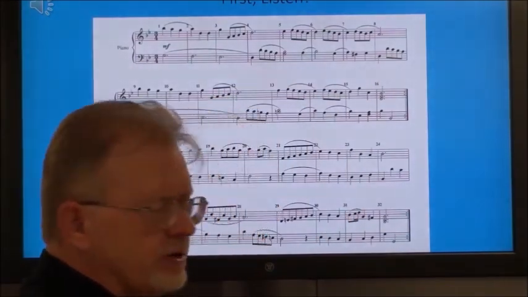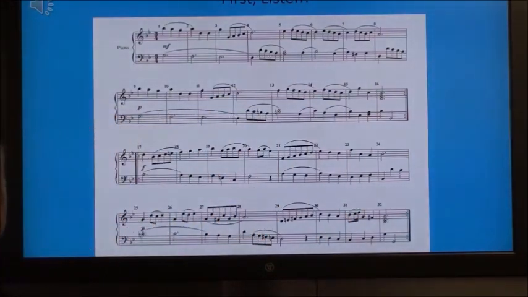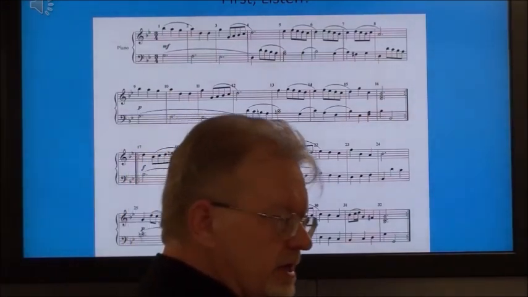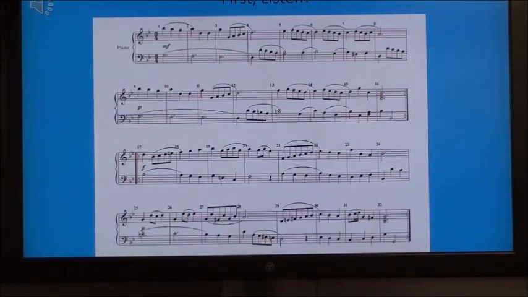What is the tonal structure of the first part? It starts in the tonic and ends in the tonic. What's the tonic? G minor. Okay, so it starts in G minor, but it ends here.